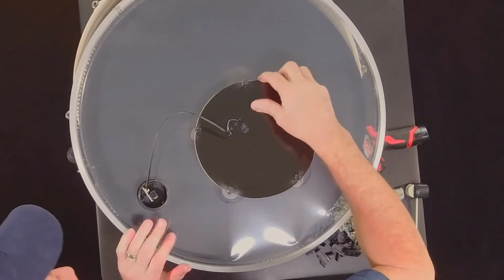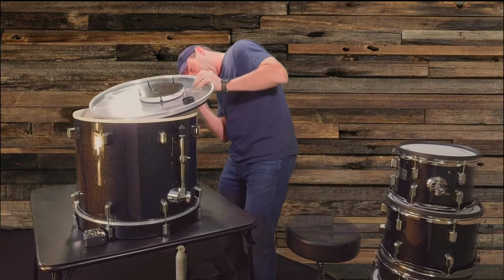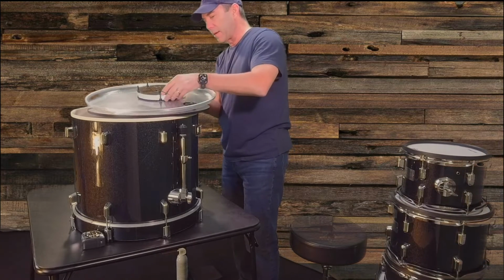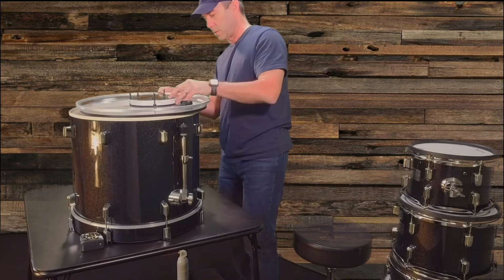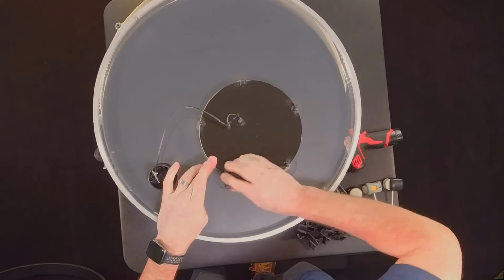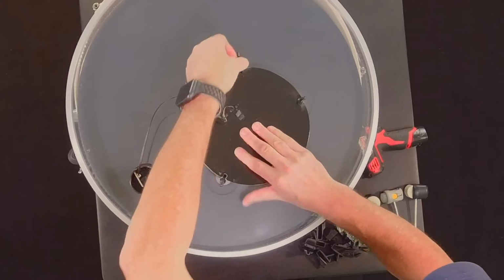We've got some fasteners holding down some padding and one main unit right here. So if I try to take these off, looks like they're kind of rubbery. Yep, there we go. Just kind of slide out here. And